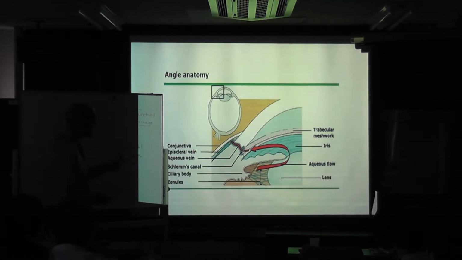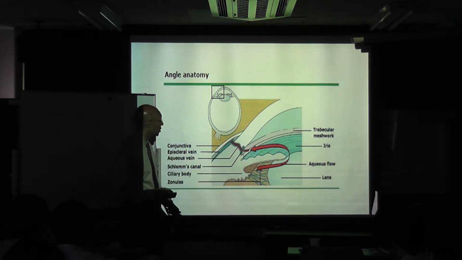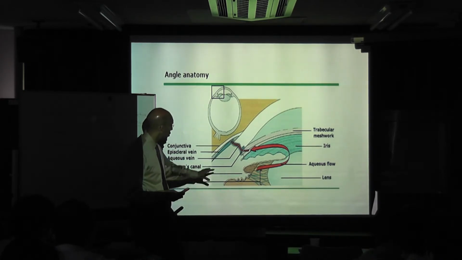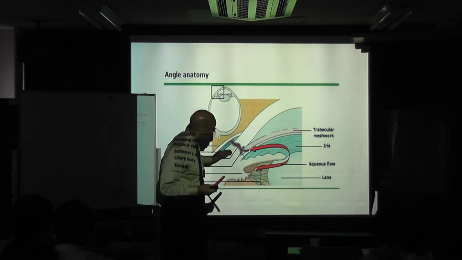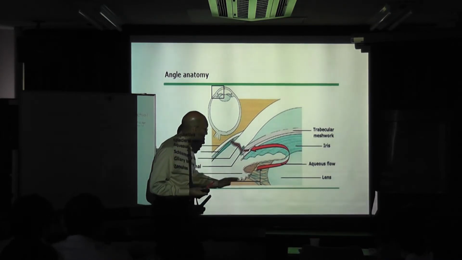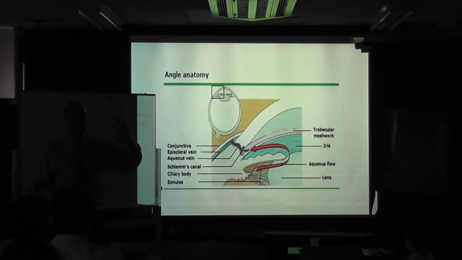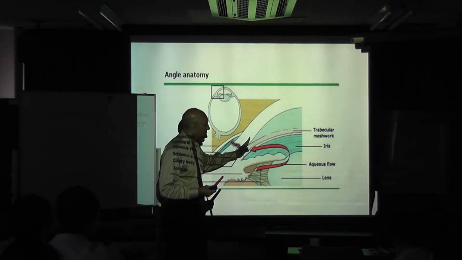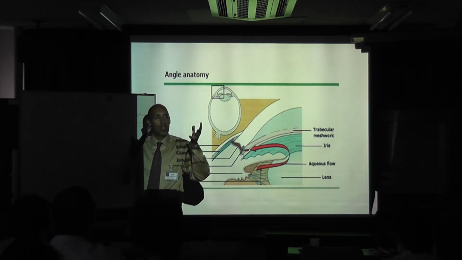Remember, this is from UpToDate, so you can find this picture on UpToDate. It's a very nice picture. Usually a healthy eye makes aqueous humor. Aqueous humor is fluid inside the eye. It makes fluid, it comes around, and then goes into the venous system. So it's like a river, a very nice, easy, smooth river, works fine. But if this angle closes, if the iris comes back and this angle closes, then fluid increases